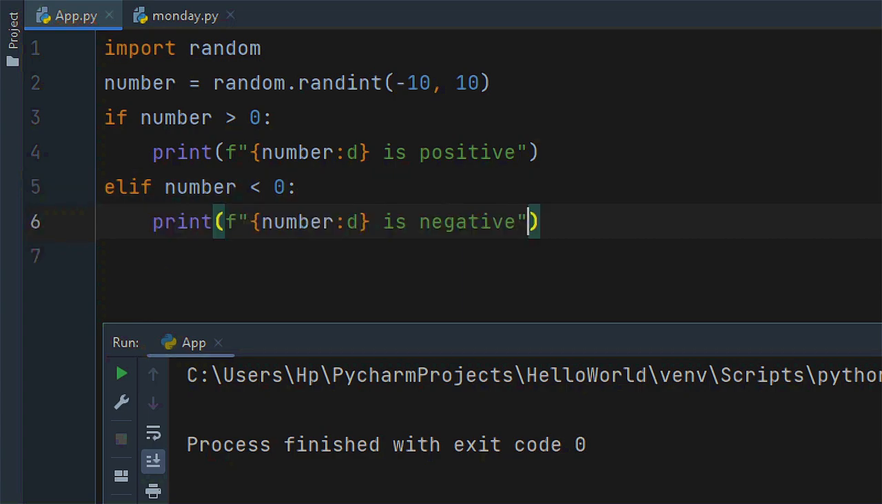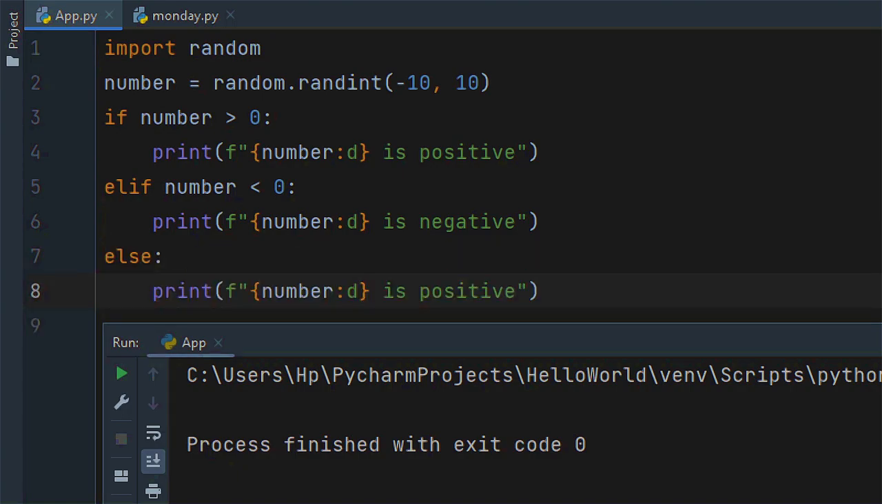And then if a number is not positive and is not negative, obviously it's going to be 0. So we're going to say else, you say the number is 0. So I think we're done. We're going to run and see, well,